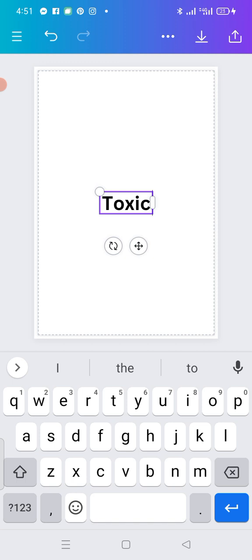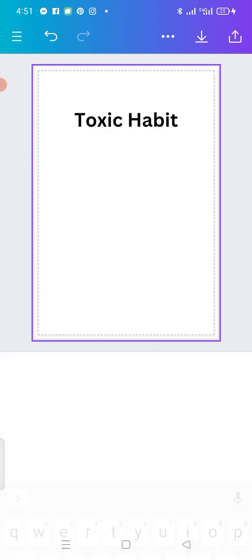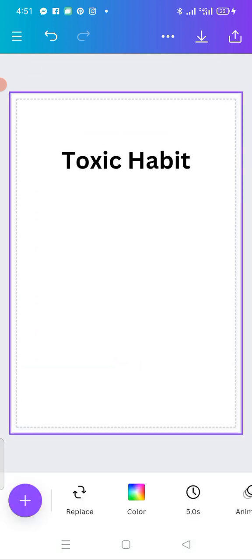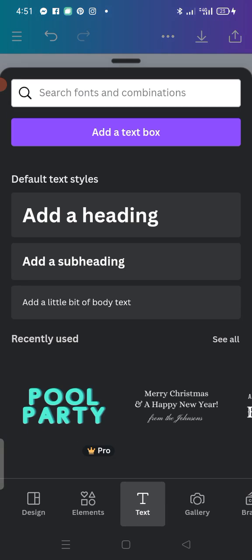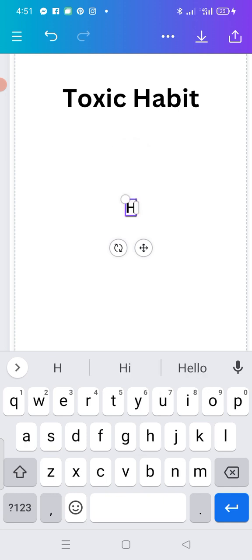Toxic Habits. Centralize it. Toxic Habits. It's a self-help book. So that's the text. Then does it have a subtitle? The subtitle can be how to eliminate bad behavior, how to stop, how strategy